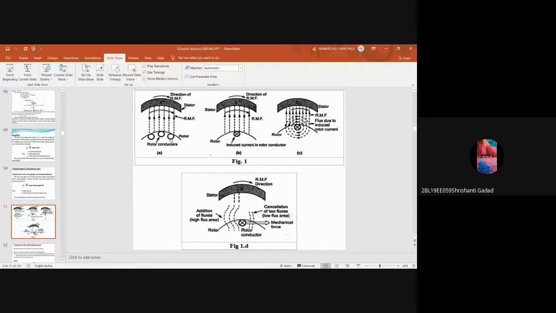Yes, sir. Okay, so this is the working principle of the motor. How the movement of the rotor takes place is just based on the motor principle. That is, whenever a current carrying conductor, which is nothing but the armature conductor to which we have given the electrical input, is placed under the influence of a magnetic field, here the rotating magnetic field produced by the stator winding, then the conductor experiences a force. Conductor means armature conductor. There are so many armature conductors wound onto the rotor, so the rotor, meaning the induction motor, will start to rotate. Okay, so this is all about the induction motor working principle.